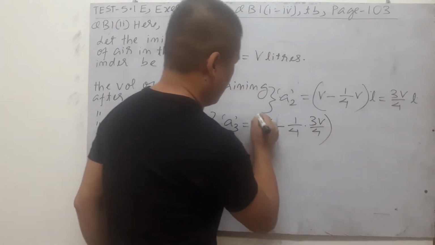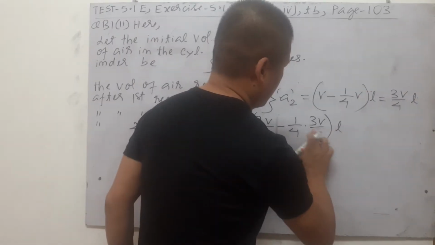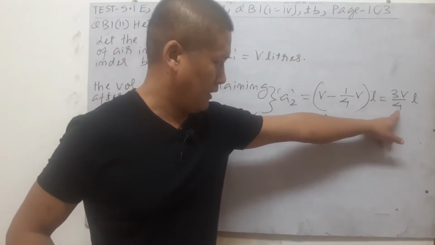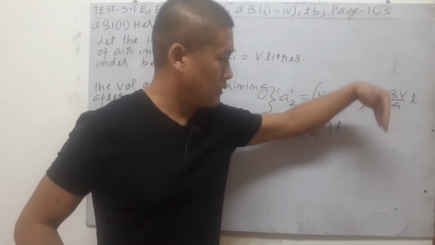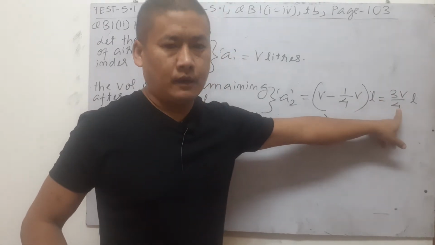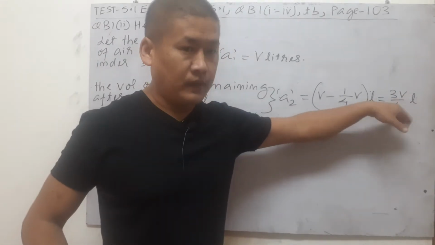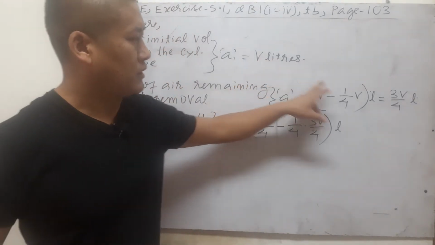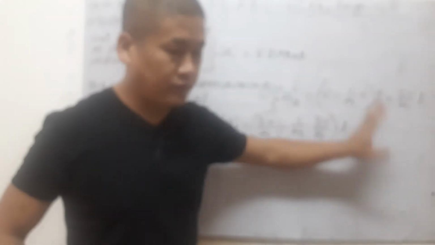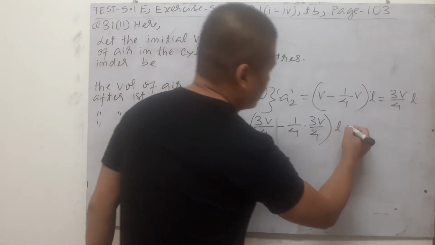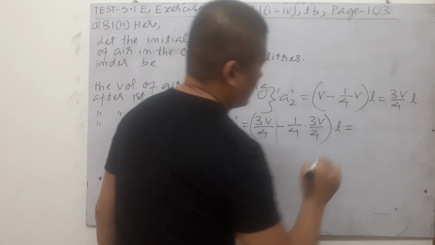3V/4 liter. Let me explain that once more. 3V/4 is what is remaining after the first removal. After this also they remove 1/4. So 1/4 of the volume remaining after the first removal, not the original, because the original has been decreased here. So this is remaining. So 1/4 of what is remaining, right? So here that will be equal to,